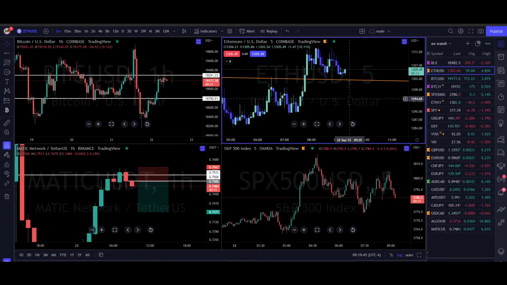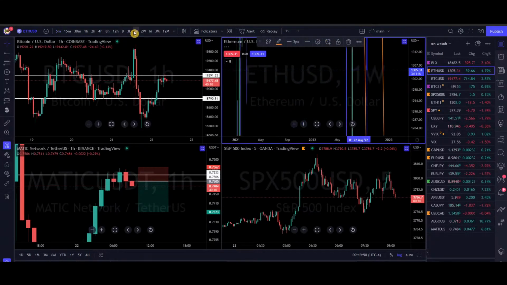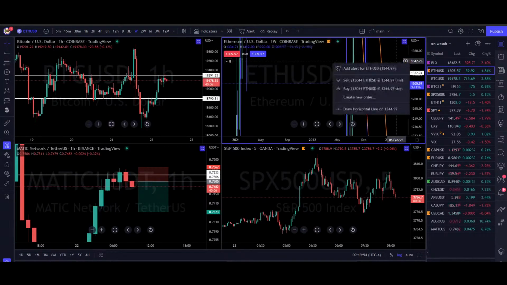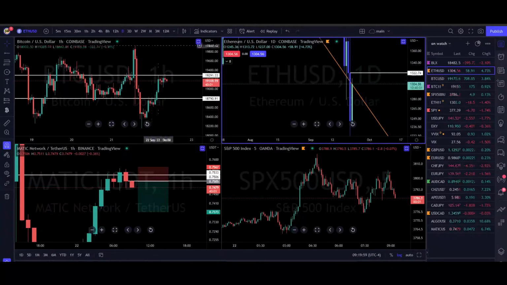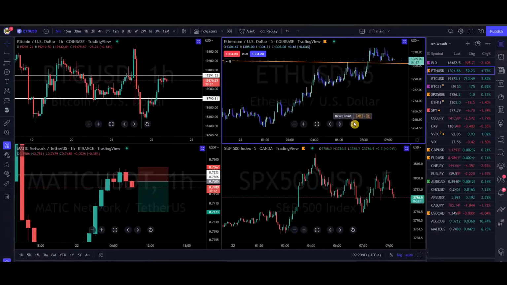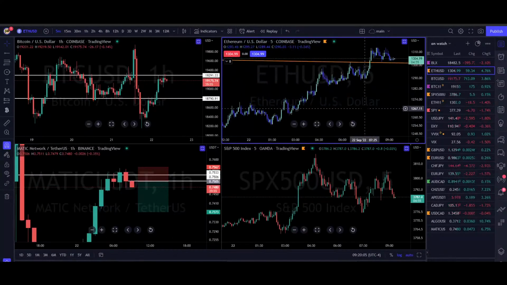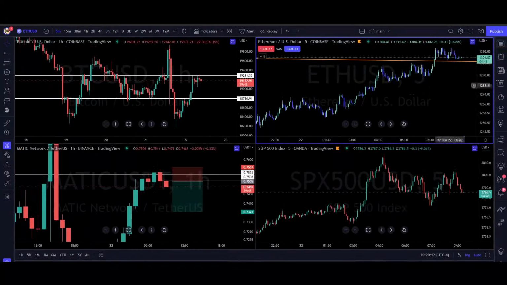Ethereum is above where we were looking on it. Ethereum wasn't really into anything, was it? Yesterday's open is what we were watching. It didn't get there, and I don't take trades based off of trend lines because trend lines are subjective. We use objective levels to take trades off of.